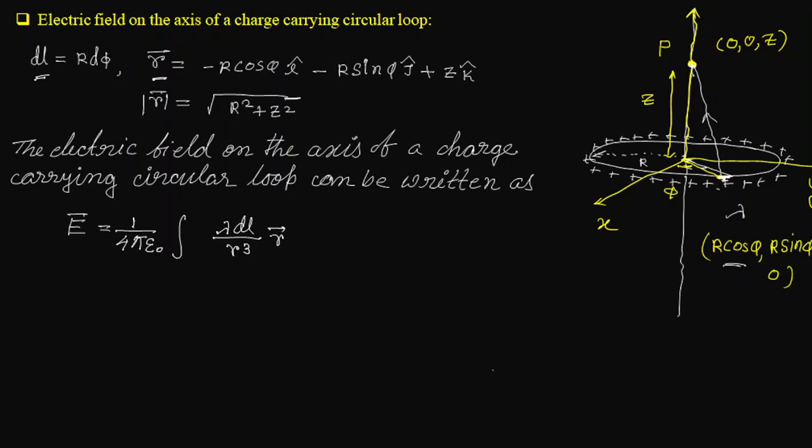So in this case, the charge is distributed on the periphery of the circle, so we have to integrate over the periphery of the circular loop. So just put the value of this dl and r. So what we'll get is 1 by 4 pi epsilon naught, and then lambda is lambda, and dl in this case is r d phi,